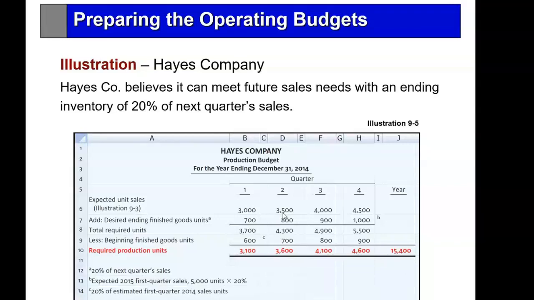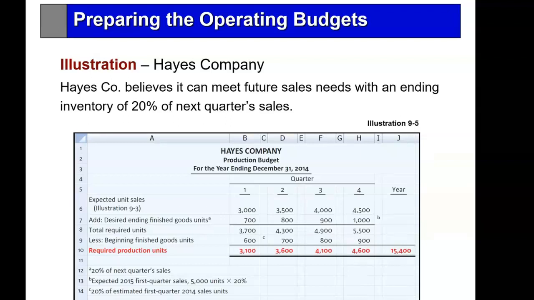So 20% of 3,500 is 700. So in the first quarter now, I need 3,000 to meet the production, 700 to meet the ending finished goods. I need 3,700 units, but I don't have to produce 3,700 because I already have some finished goods on hand